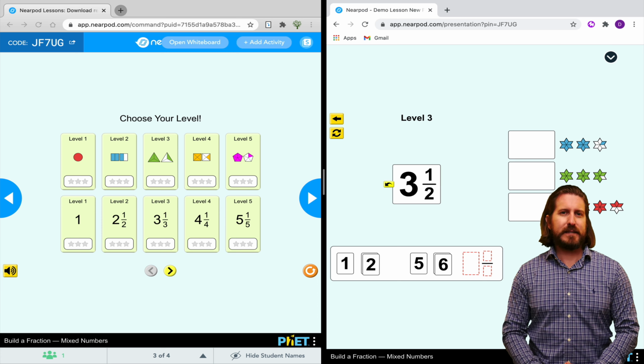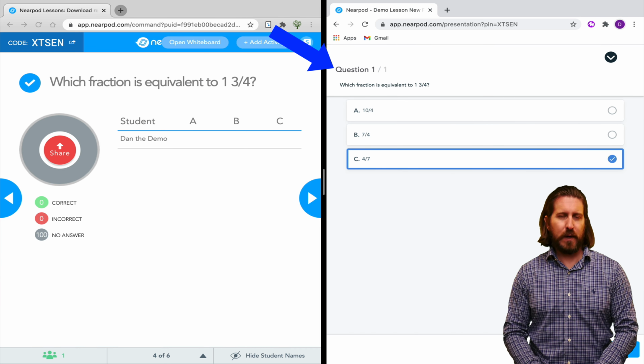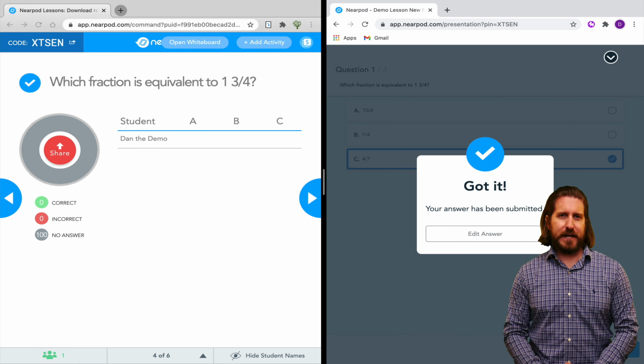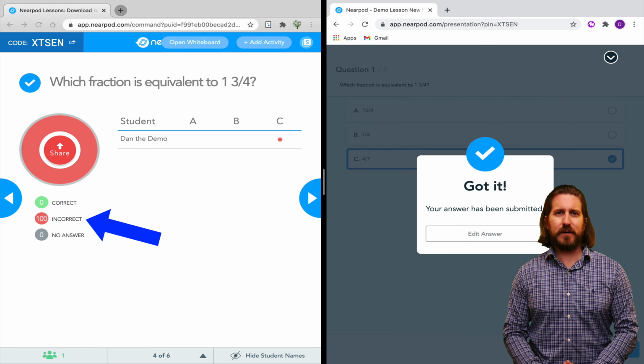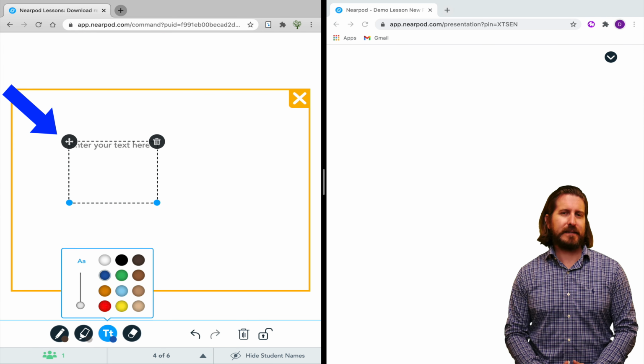The whiteboard feature can be used to intervene and quickly model something for students. So for example, let's say that students are working on a simulation in Nearpod to practice fractions. And then after that activity, you assign a short quiz as a check for understanding. If you notice that some students still aren't understanding based on their responses to the quiz, you could pull up the digital whiteboard to jump in and give a quick mini lesson.